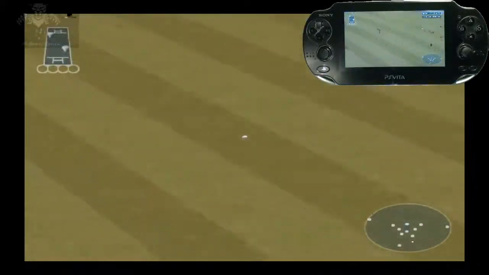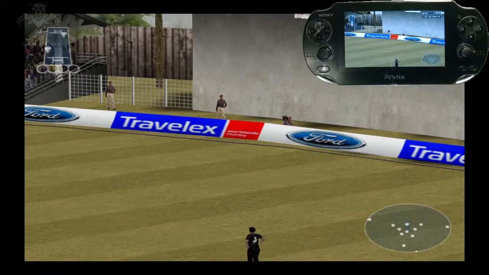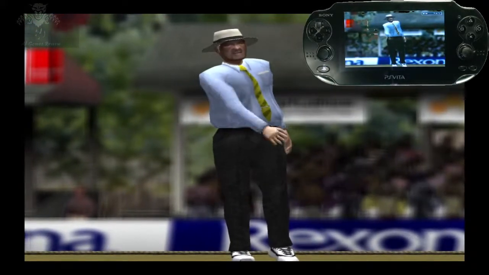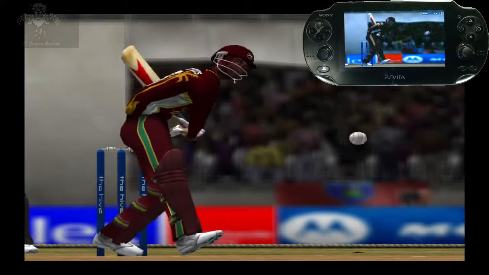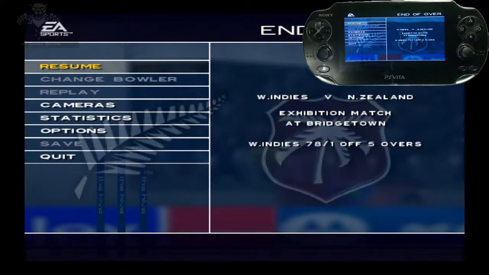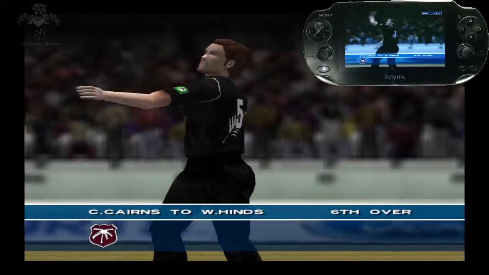He's got that one over the infield and away for four. Super shot by Lara. Well, he just got away with it. Risky shot. I'd recommend keeping the ball on the ground at this stage. Five overs are left for West Indies. We're going to see the medium pace of